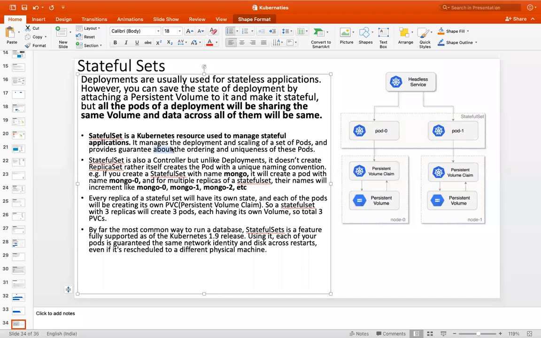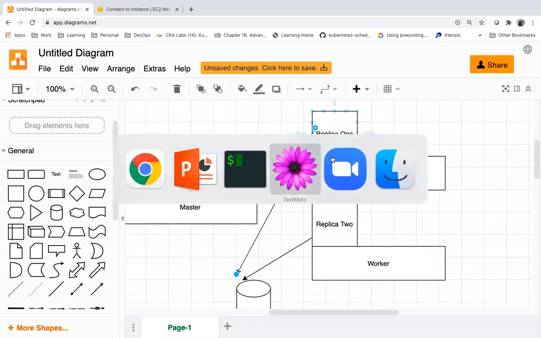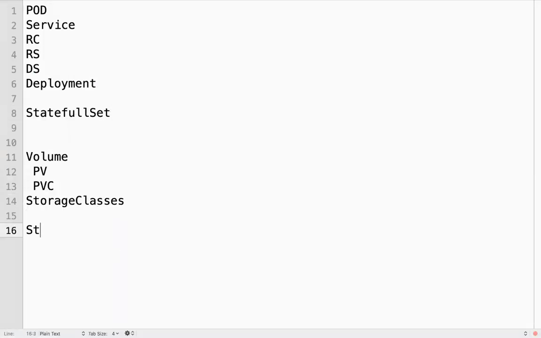But when we are creating a StatefulSet, it will guarantee the order and uniqueness of these pods. What is the meaning of ordering here in a StatefulSet? If I go for a StatefulSet, we'll get unique network identifiers